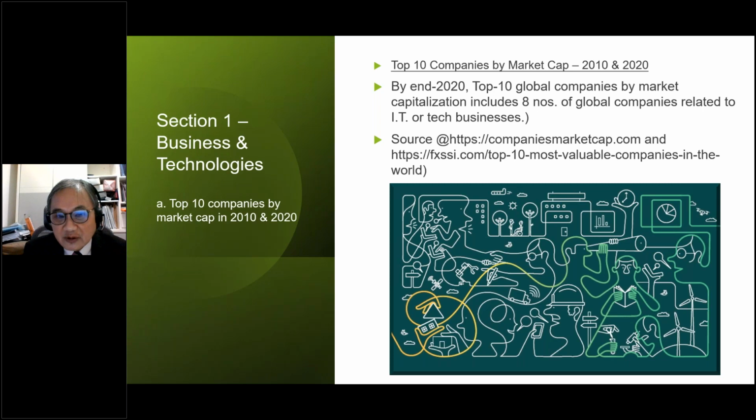But if we look at the year 2020, the top 10 global companies by market cap, according to a research, there were a total of 8 global giants which are doing IT and tech business.